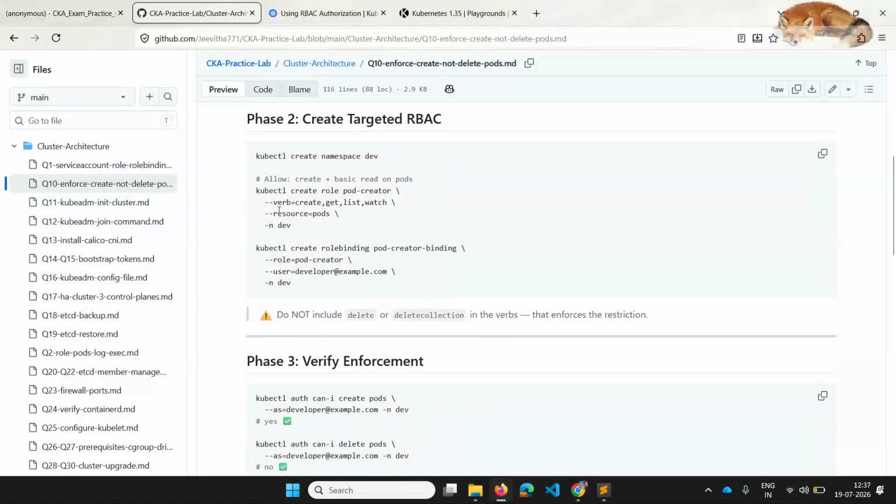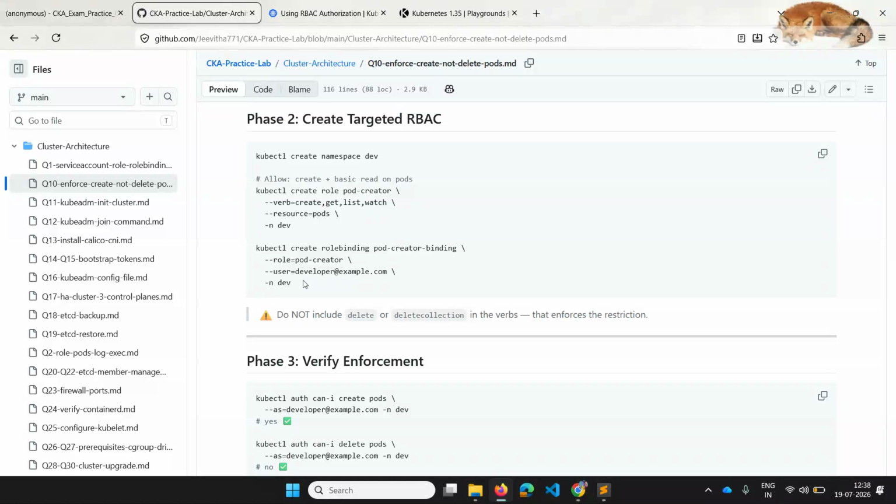So here we have the pod creator. You can create one role and a role binding, same as what you did for the ninth question. Since these are roles and role bindings, they are specific to one particular namespace. And unlike with service accounts, you need not create the user with an imperative command.